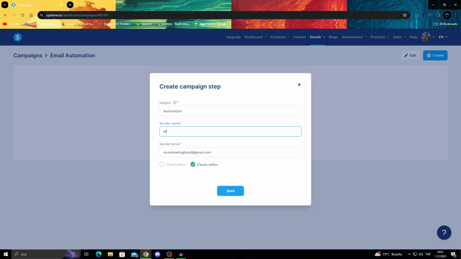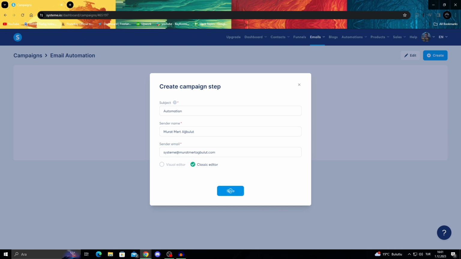The sender name, you can just put your name here. It is alright. But for the sender email, try to use your own domain, because not using your own domain might be a problem. Don't use Gmail, don't use Hotmail, don't use Yahoo, don't use stuff like that. Use your own domain. That would be something like system at your name at this point, of course. Let's just put it down like this,